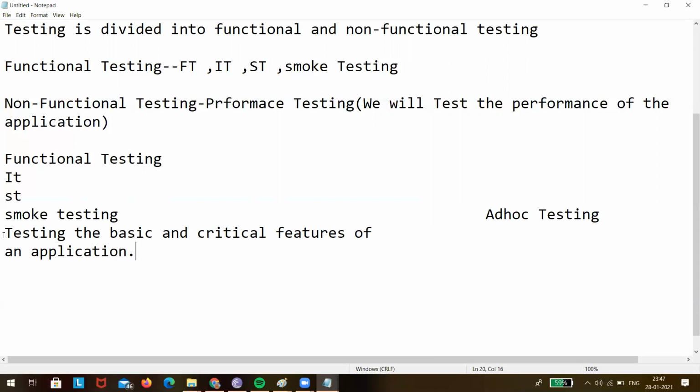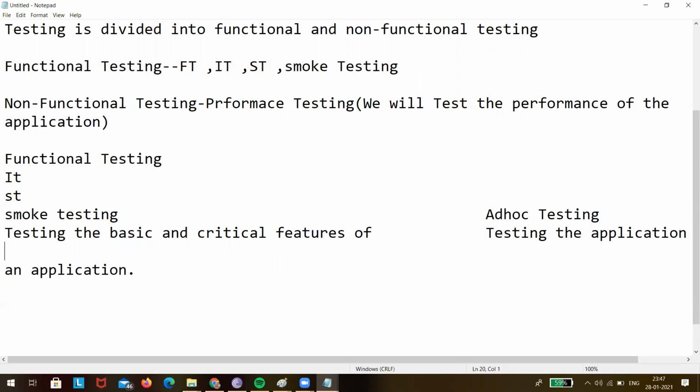What is ad hoc testing? Testing the application randomly, that is, without any sequence or flow.